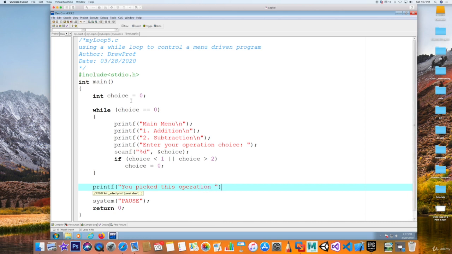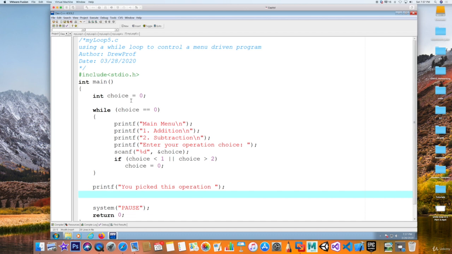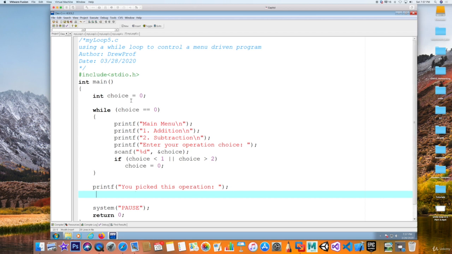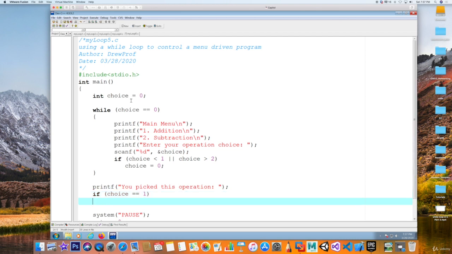Now notice I'm going to write it right next to it, something like this. If choice was equal to 1, then printf addition \n,